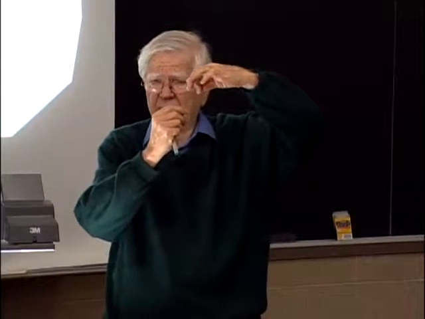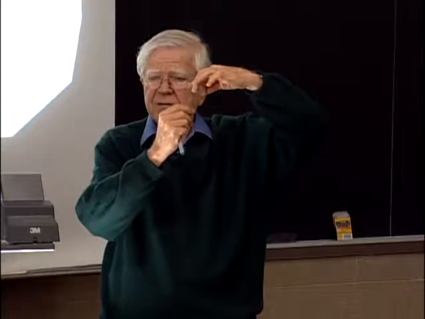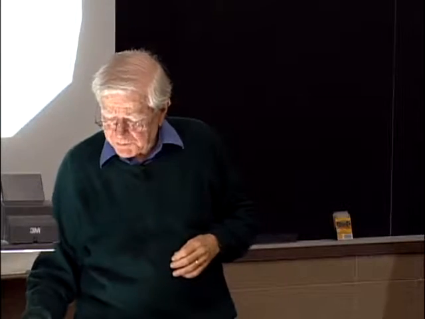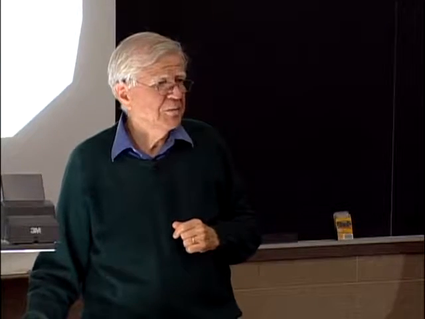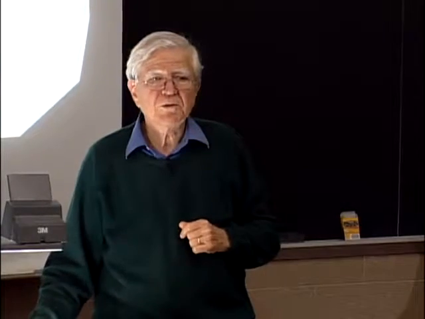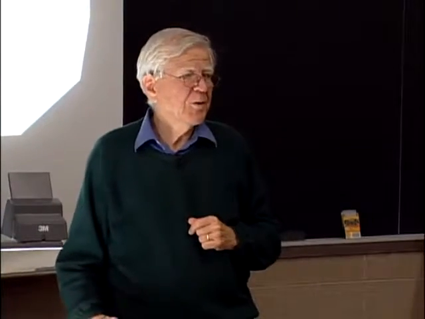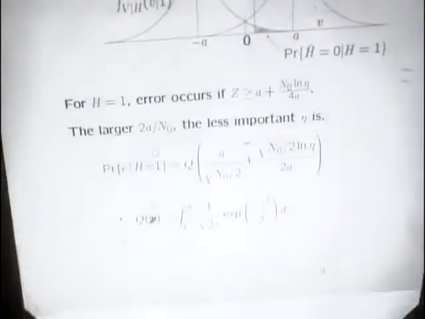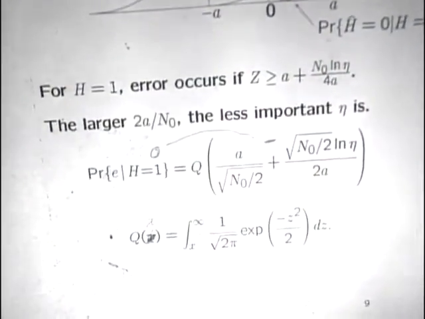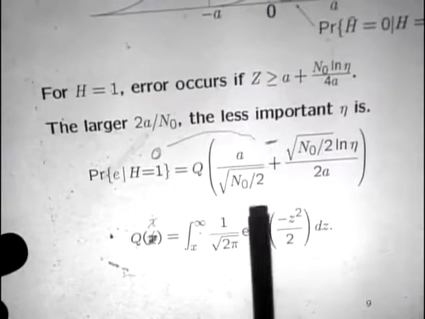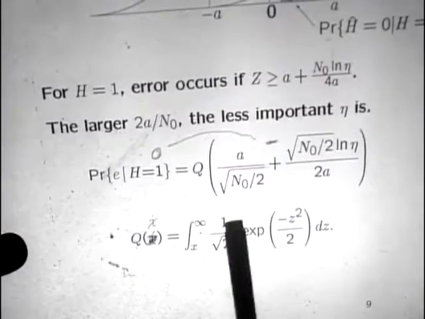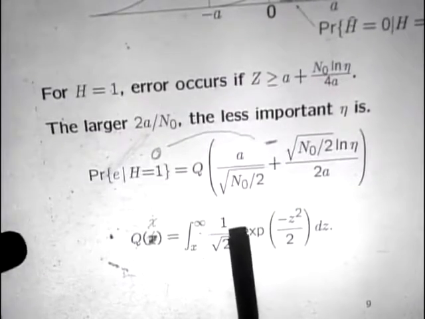Well, yeah, it makes a whole lot of sense. Because if, for example, I wanted to look at this problem in a different scaling system, if this is volts and I want to look at it in millivolts, I'm going to multiply A by 1,000. I'm going to multiply the standard deviation of the noise by 1,000,